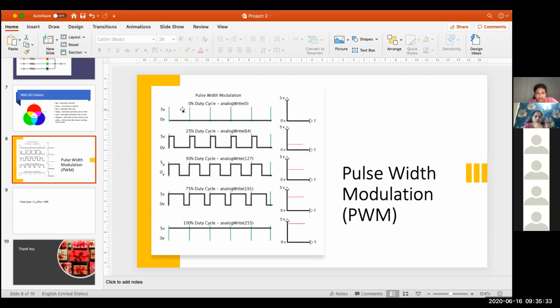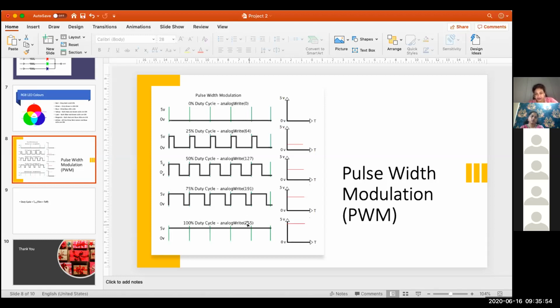Okay. So when we vary the on time of the waveforms, we are basically varying the duty cycle. By varying the duty cycle, basically what I am doing is I am writing different values on the pins. The values can range from 0 to 255.